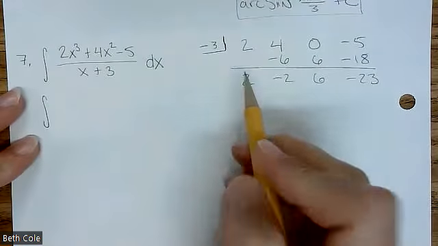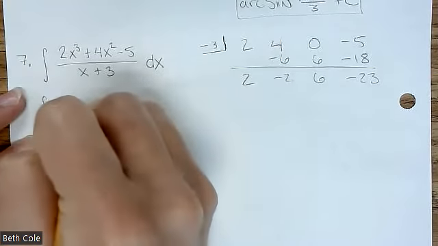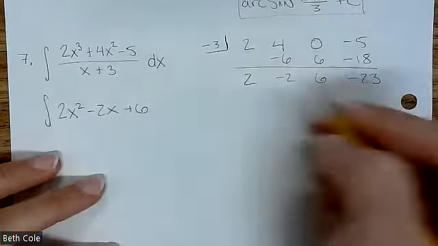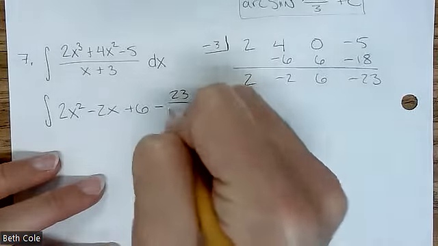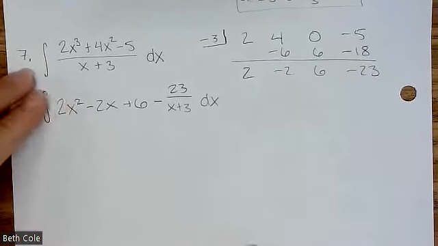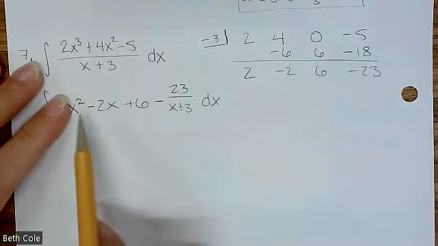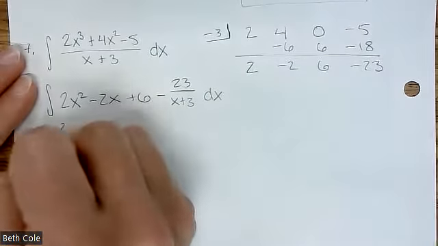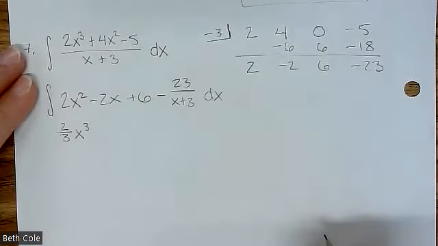So it'll be 2x squared minus 2x plus 6, and then we're going to have minus 23 over x plus 3. And then you're going to do the antiderivative. So for this first term, I always cover up the coefficient. It would be 1/3 x cubed, but there's a 2 there, so it'll be 2/3 x cubed